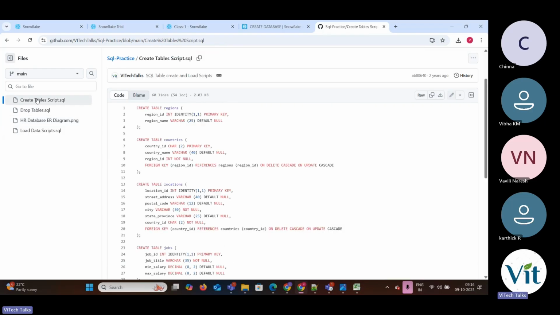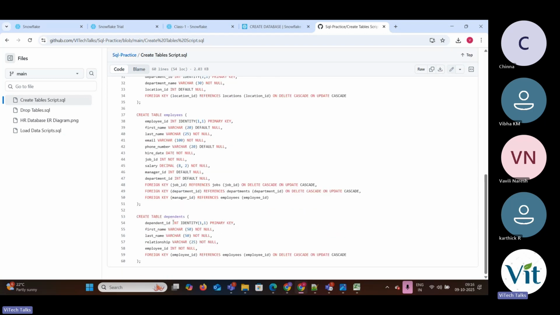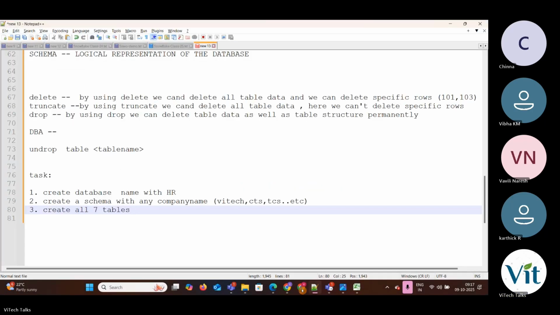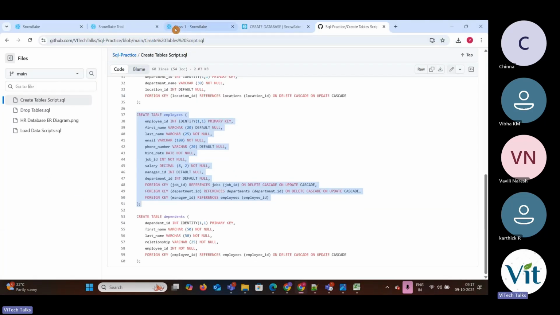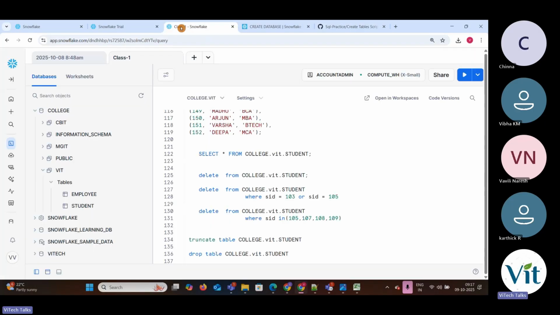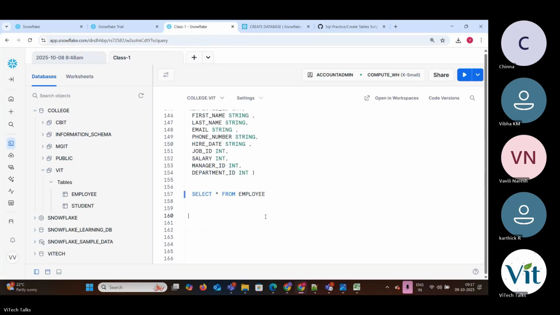I'll create one table. The rest you need to create. Okay, create table scripts. If you click on this one, here you can see all the scripts which I have written already. Just copy this. Okay, I'm going to create the employees table. So how to create? Just copy this. See, you don't need to do anything. There are a few modifications that will come. Earlier I created employee. Now I'm going to create